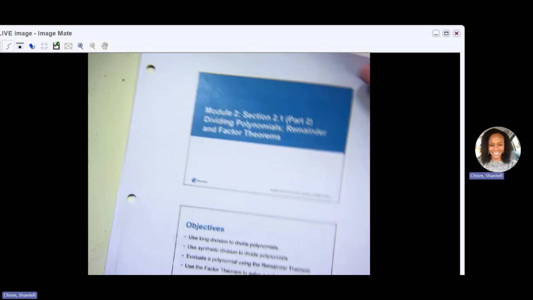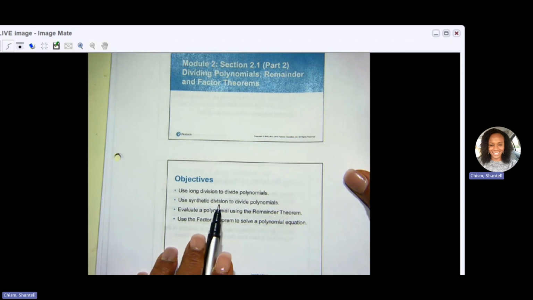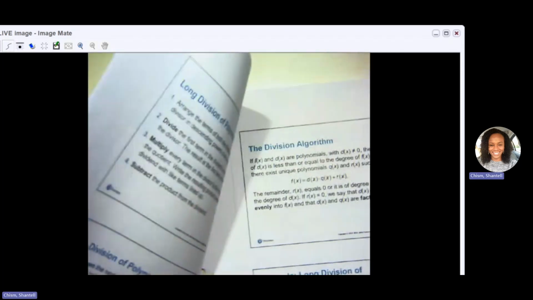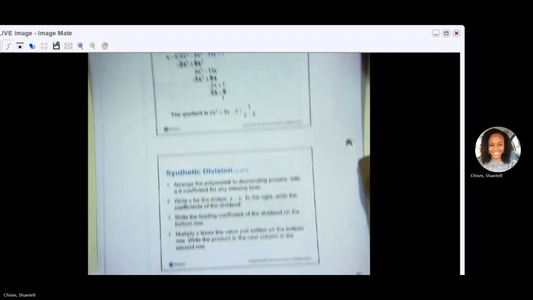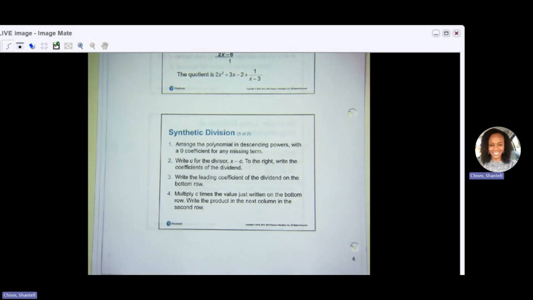I'm going to take the problems away for a minute and put back the notes. Okay, so remember we said we're looking at long division. We're also going to look at synthetic division. So let's talk about synthetic division now. Synthetic division is basically a shortened method for long division, as long as the divisor is